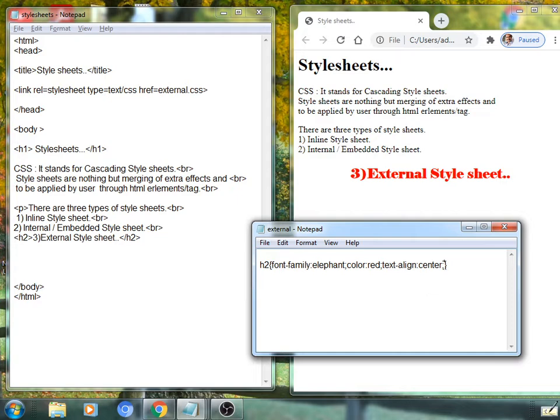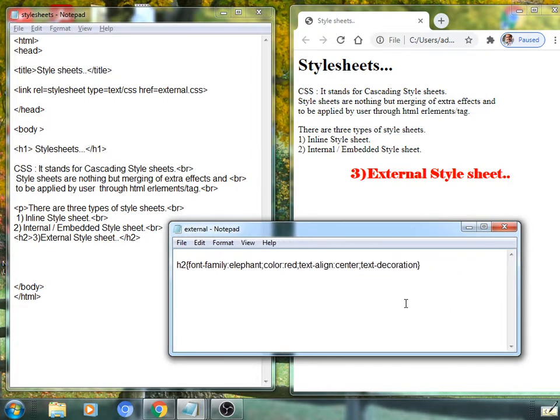You can also apply other effects. Suppose I want to apply text-decoration. It holds values such as line-through, overline or underline.